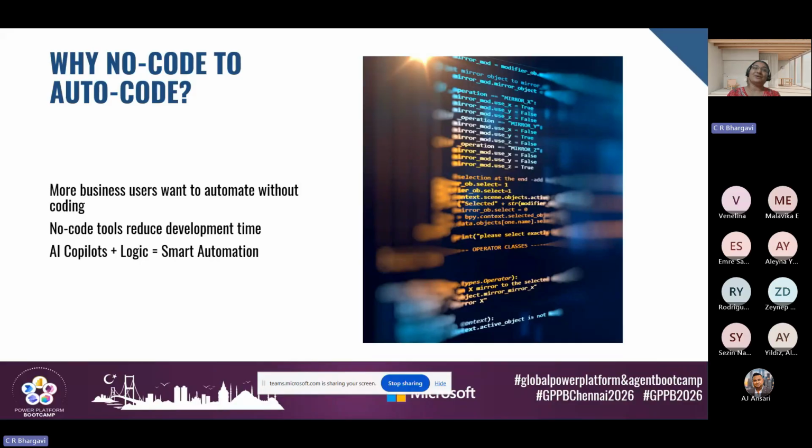We now know about no code, but why? When do we shift it to auto code? Whenever your business process is getting automated, or an agent is being added to it, and you don't have to code much behind the scenes, that becomes auto code. In the case of Copilot Studio itself, you give over the requirement that you have, and when you click on the go button,